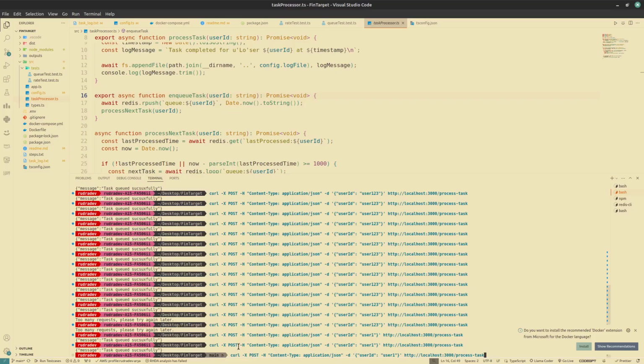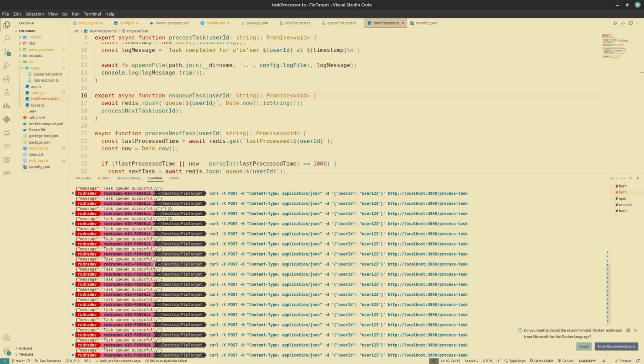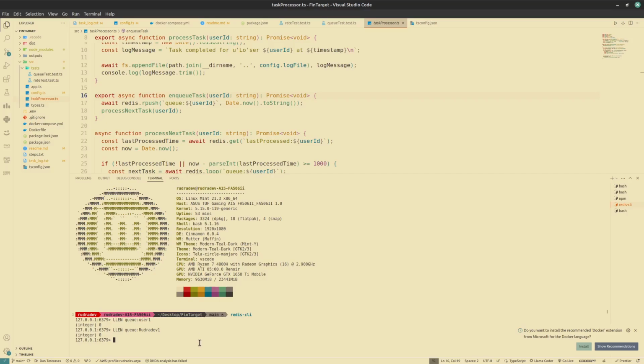So in this example, you can see here at the top, for the same user ID, user 123, I've done it more than 20 times, and it shows the task is queued successfully. And if I do it after more than 20 times in a particular time period, then obviously it will say too many requests, and it just holds us in a queue. To demonstrate in the Redis, I'll just use a different user. Task queued successfully. In the Redis CLI, you can see,